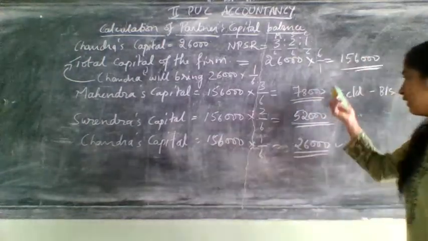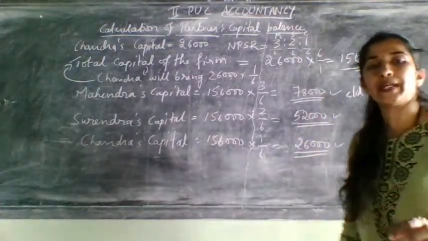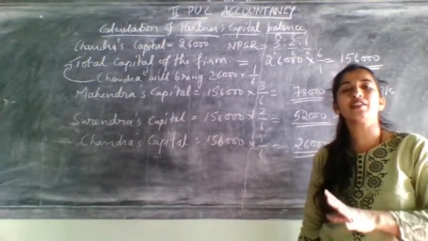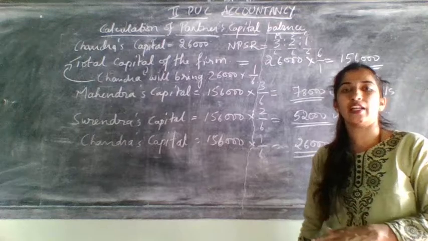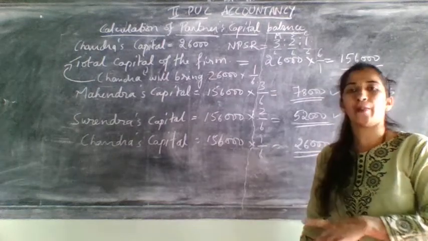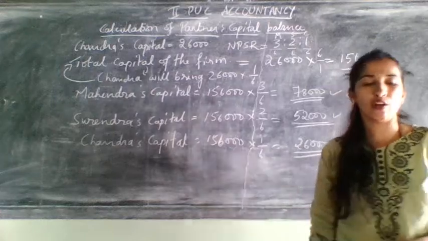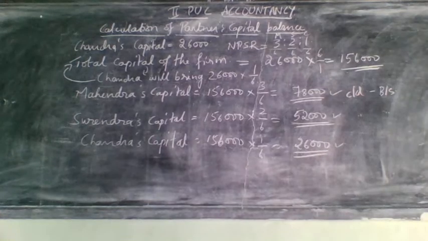Okay. So these three amounts will also appear on the liability side of the balance sheet as partners capital. So this is regarding partners capital adjustment. So next step, we need to prepare which account? Partners capital account. Okay, in the next step we will do which one? Partners capital account.